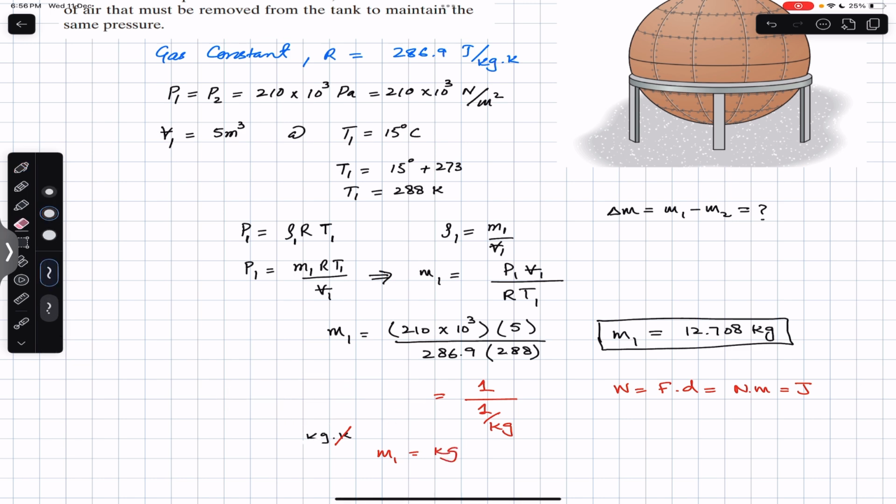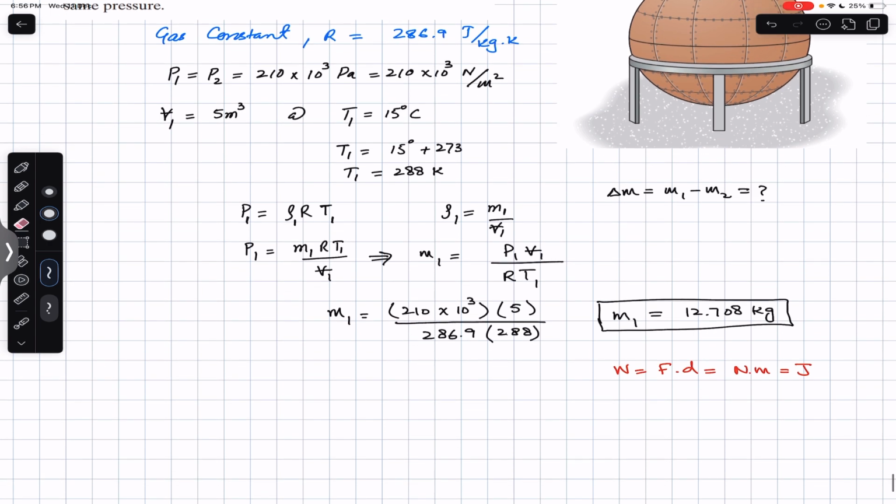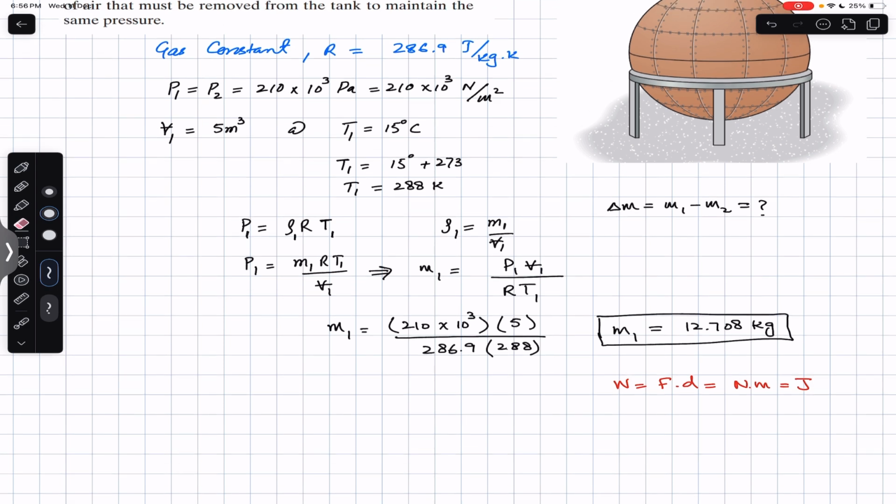So this is how we get the mass in terms of kg. So m1 is equal to 12.708 kg. Similarly, for the same pressure, since P1 is equal to P2, we want to find the mass, right? The temperature has increased, so we need to remove some mass to maintain that same pressure, right? So we can say that this is for state 1,